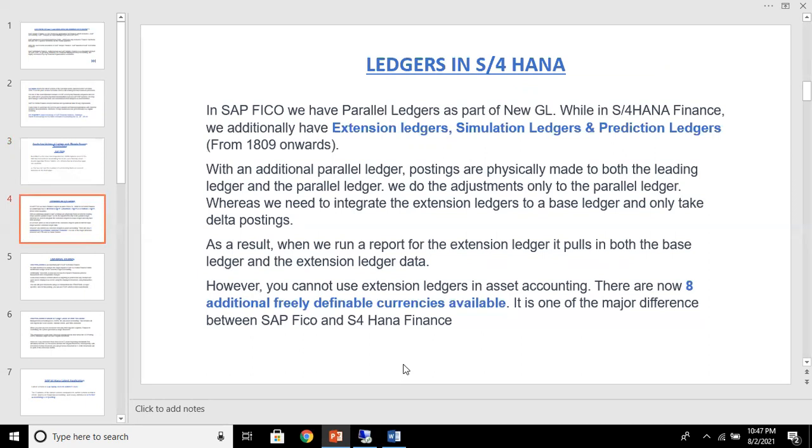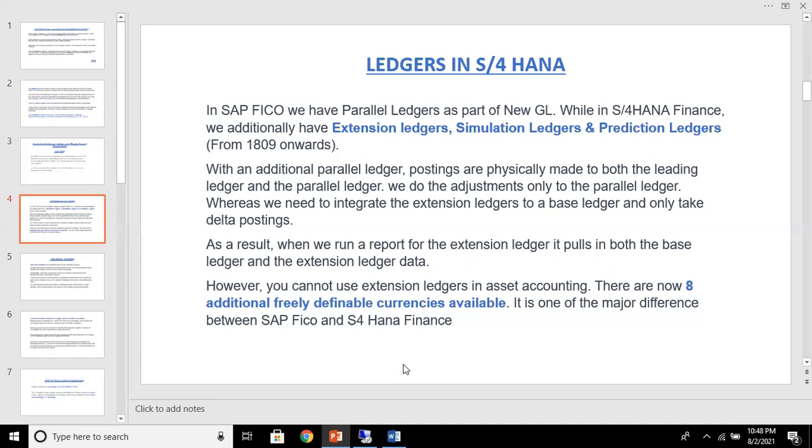But as per HANA Finance, we additionally have to work on extension ledgers. Though there we used to work with leading ledgers and non-leading ledgers, where the leading ledger is by default 0L, here we have to work with extension ledgers, simulation ledgers, as well as prediction ledgers, because one